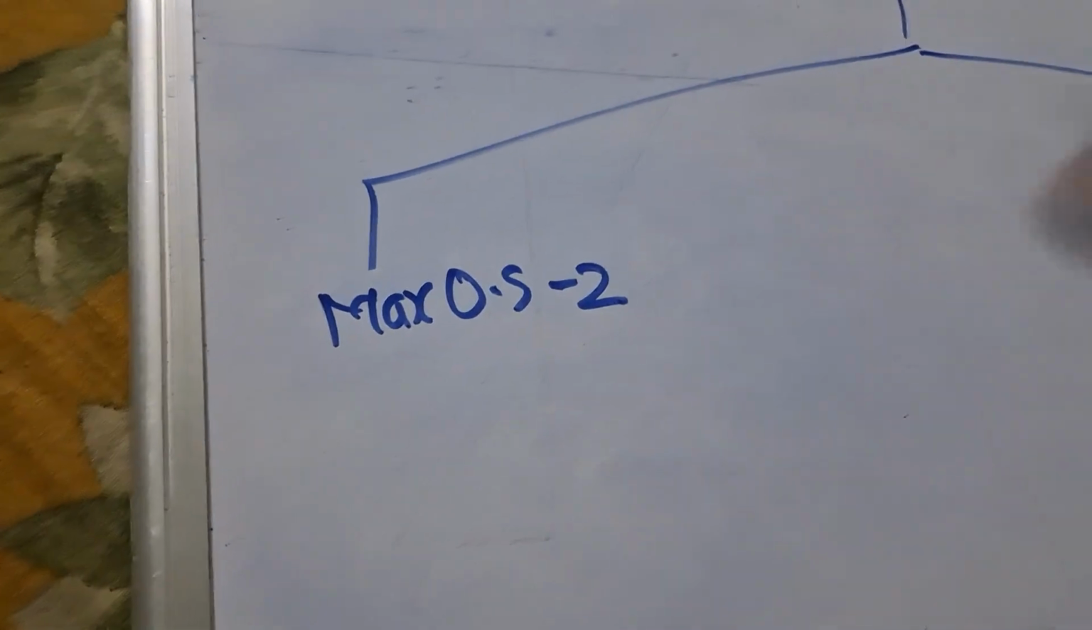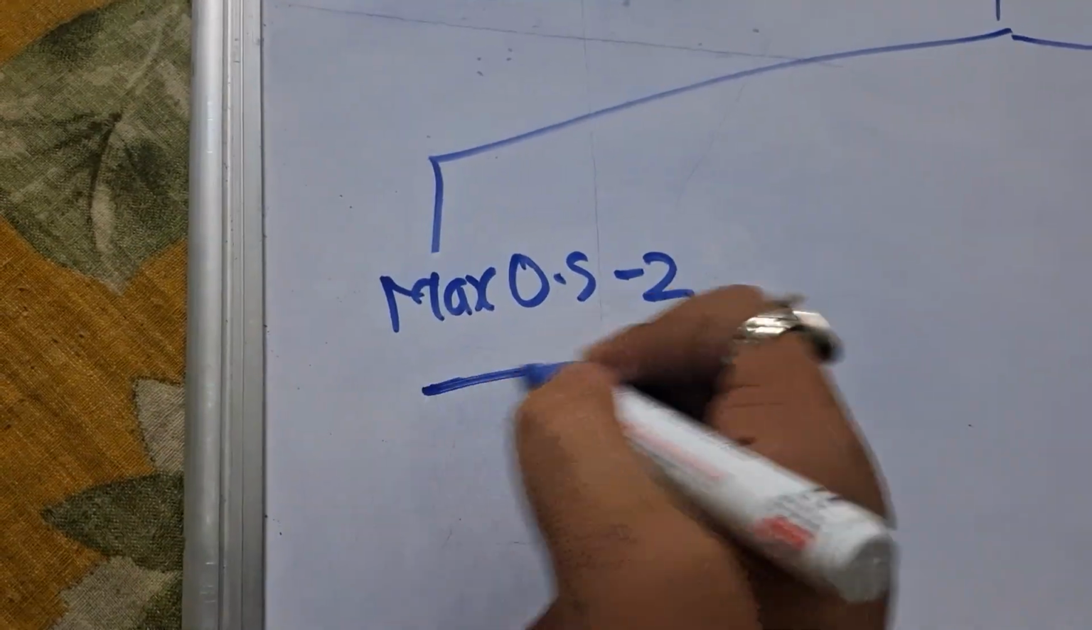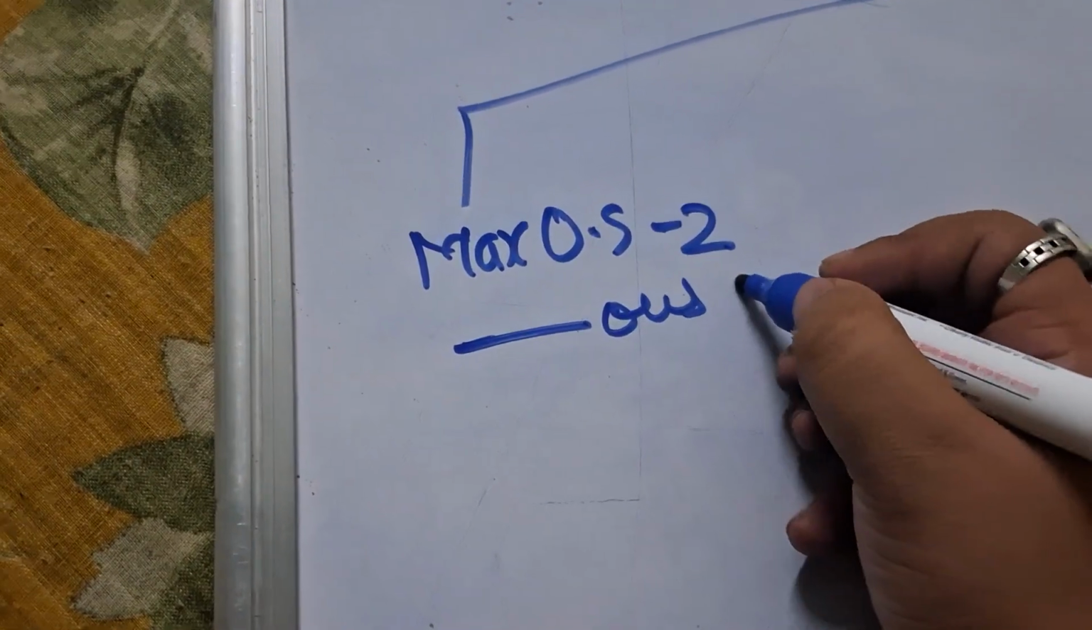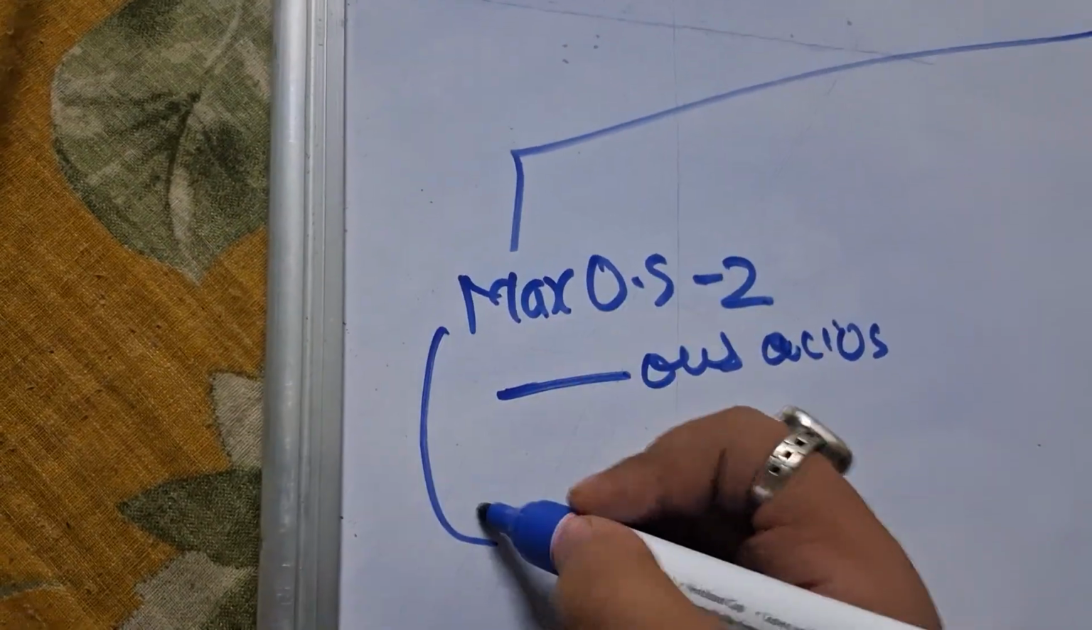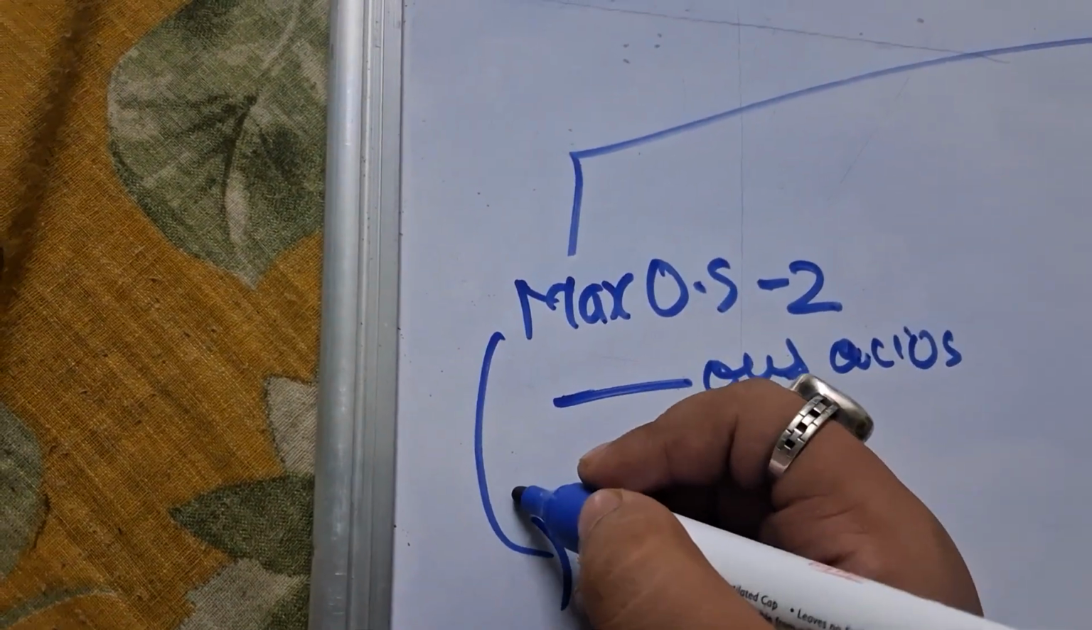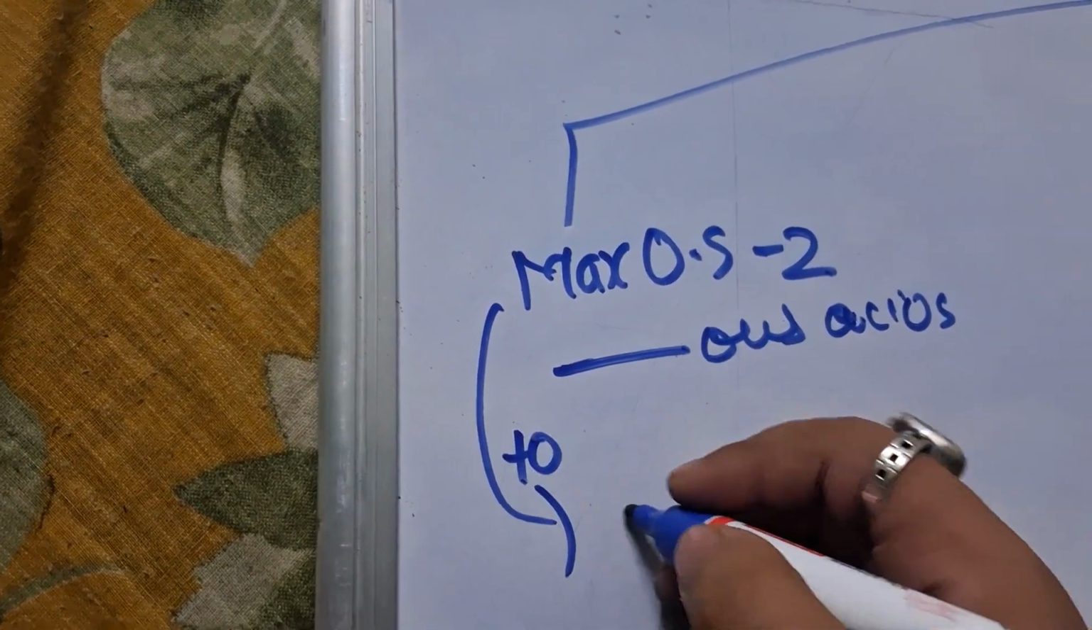Now if it is at maximum oxidation state minus 2, first without any changes, it is ous acid. Now if you add an oxygen to this, I mean